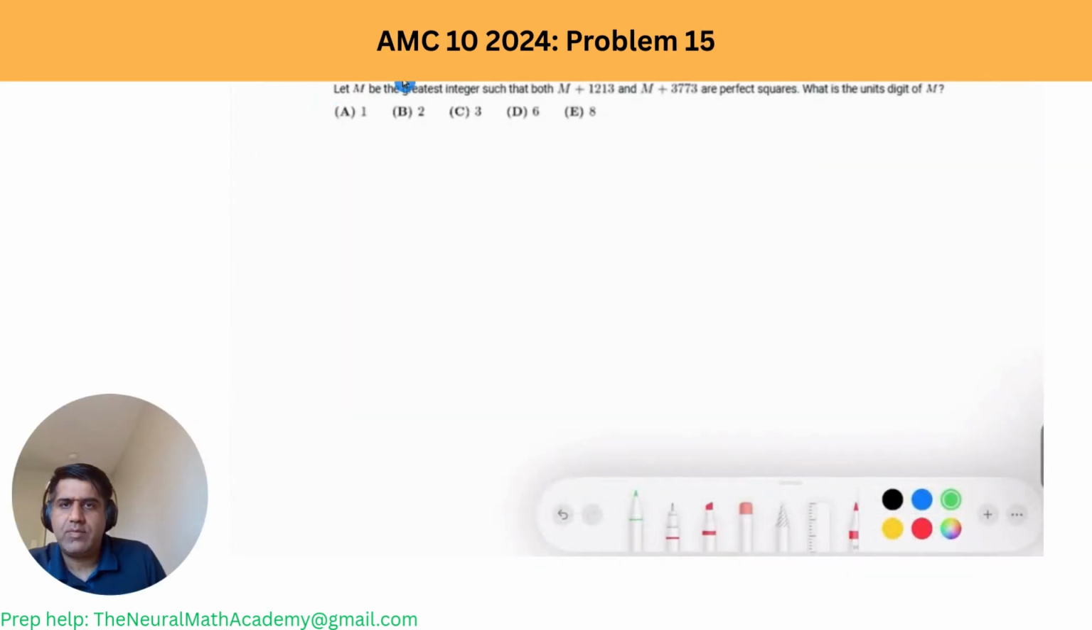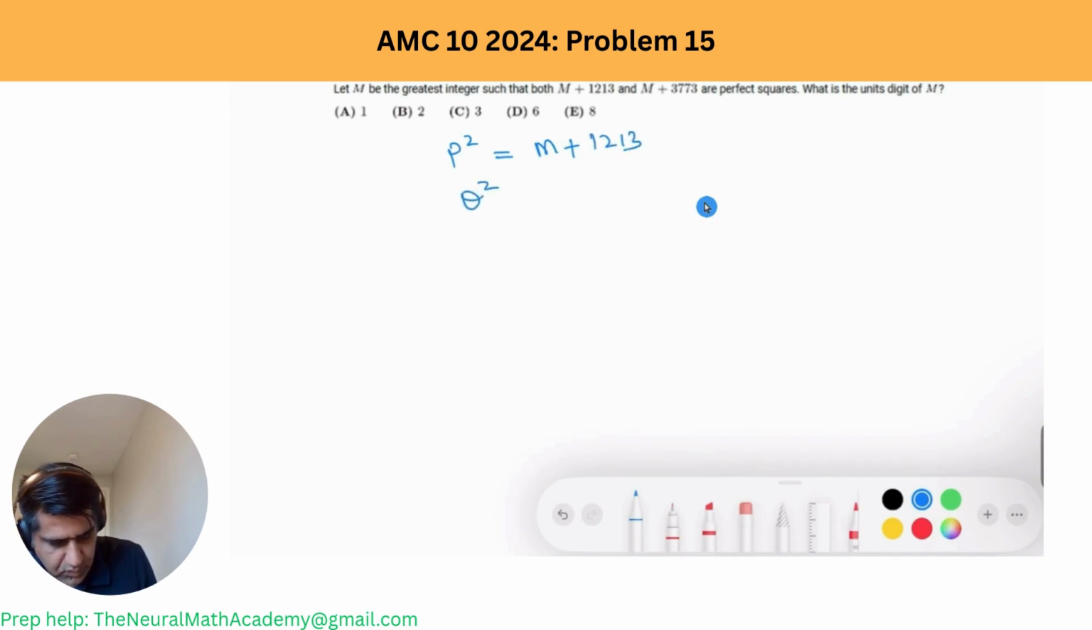Okay, so now let's look at problem 15, where we have that let m be the greatest integer such that both m plus this number and m plus this are perfect squares. What is the unit digit of m? So let's first express both squares as p square and q square. So p square is equal to m plus 1213, and q square is equal to m plus 3773. And if I subtract equation 1 from equation 2, I can write q square minus p square equal to